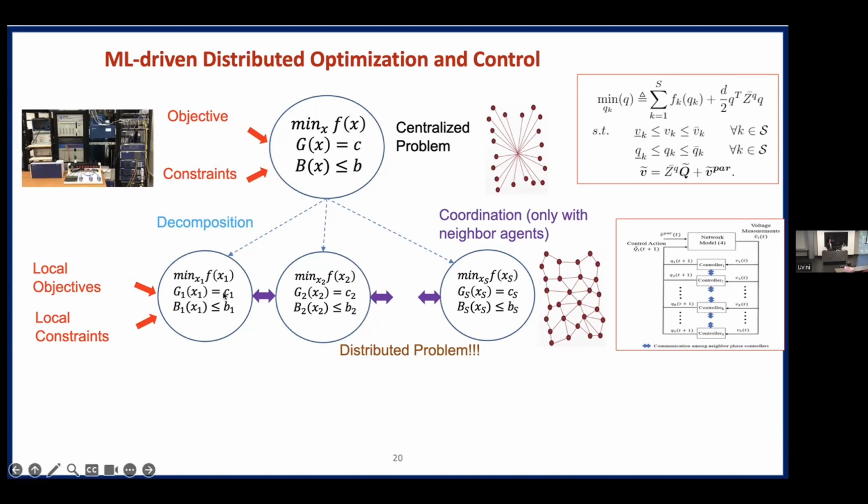So n number of nodes will basically exchange information now, and they solve their own optimization. With that, the number of iterations is going to increase because none of these nodes has the complete information. They are only talking to the neighbors. So the number of iterations, which used to be, let's say, 10 iterations to converge, will now be hundreds. But each